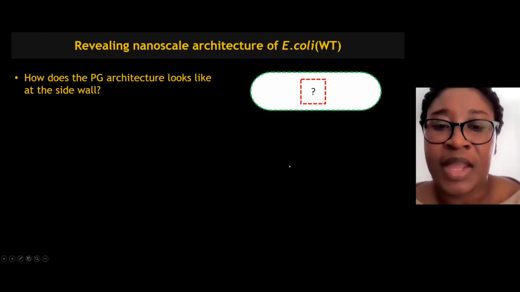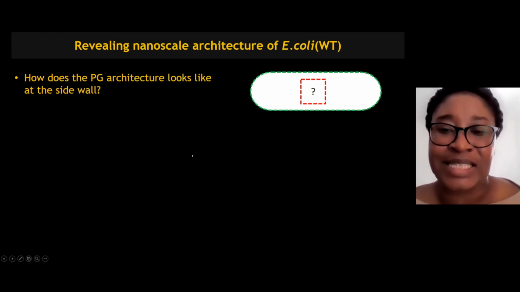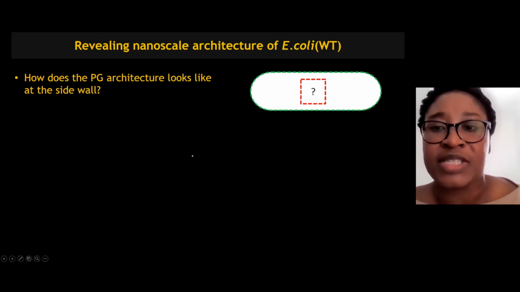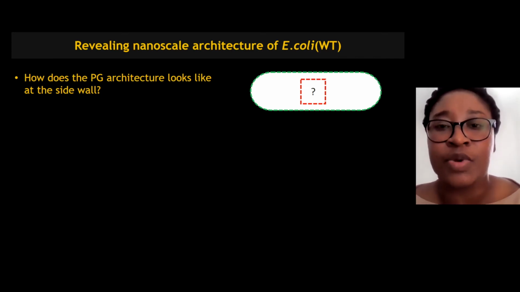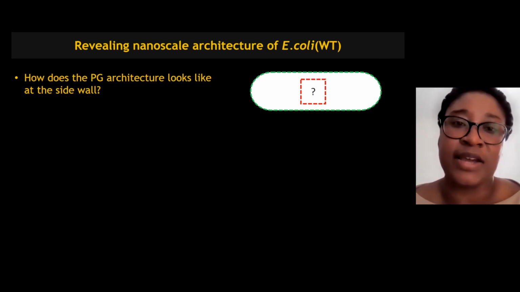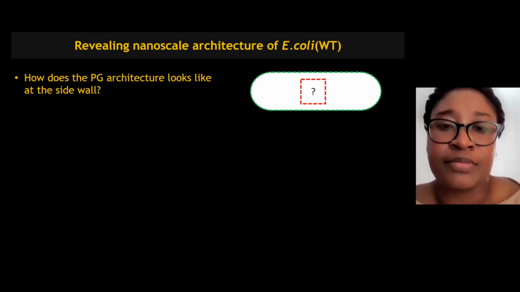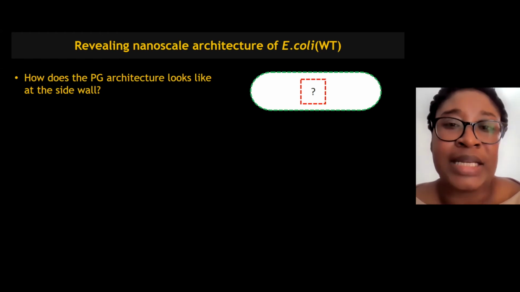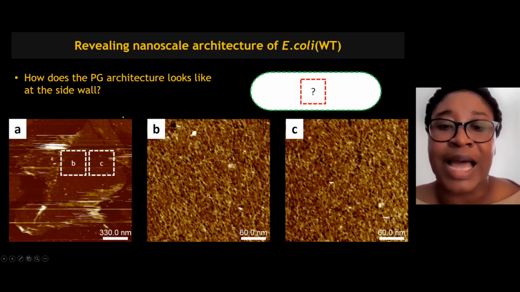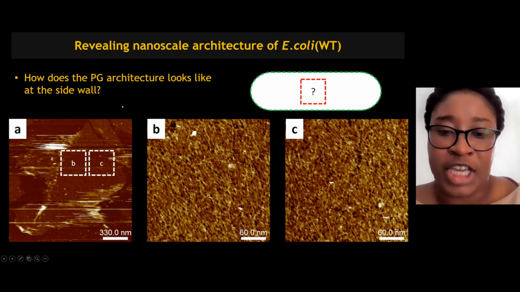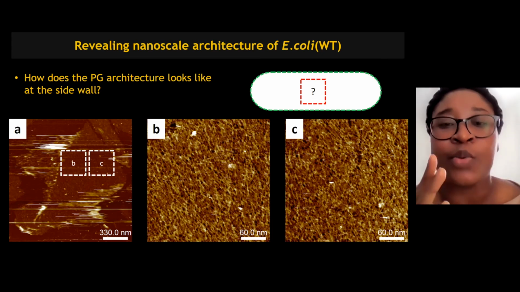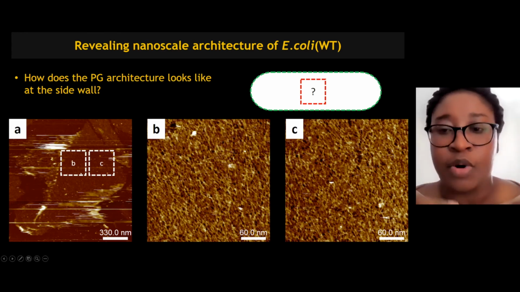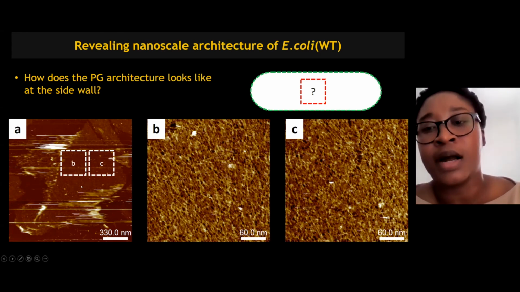Next. So beyond just looking at the shape and quantifying the width and the length of this bacteria, the most important thing is actually, since we're looking at the cell envelope, we want to see the molecular organization of this cell envelope. We want to see the glycans that Jacob and Marco have spoken about. And in that case, the kind of AFM we use actually allowed us to see high resolution images. And these are typical images that you're seeing. So we are first of all looking at the sidewall, not at the pole, just looking at the sidewall and seeing the kind of organization we can see.